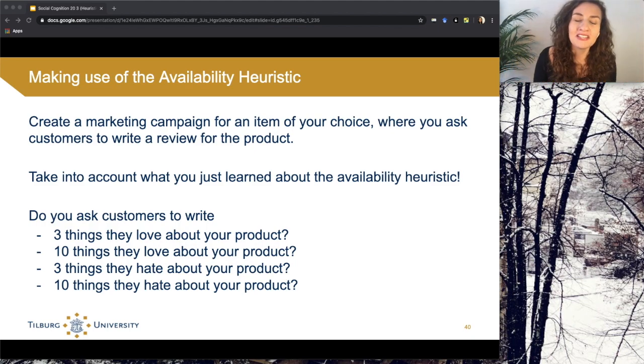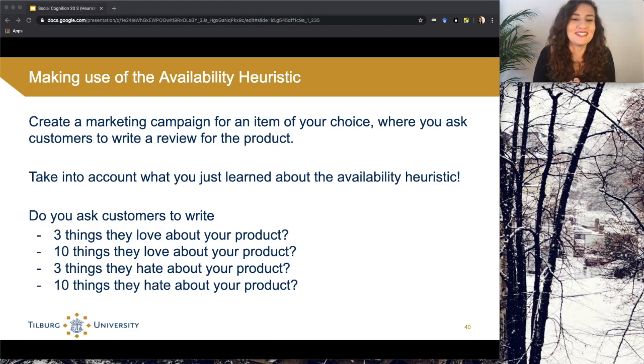All right, so that was it for the availability heuristic. And again, for the availability heuristic, the main thing to keep in mind is to ask yourself, how easy is it to come up with examples? How easy is it to come up with the thing that we're asking for? And then this would be rated as the thing that's more likely to occur, or the thing that people feel like more.